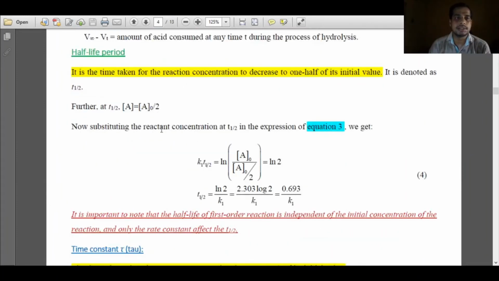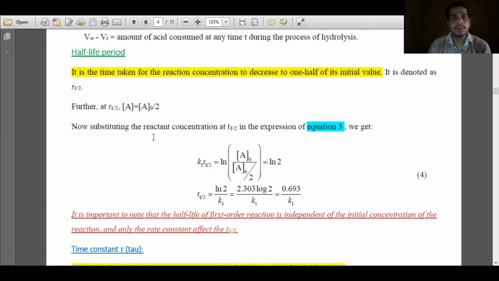Then we'll discuss something called the half-life period. It is the time required when the initial reactant gets decreased to 50% of its value. Suppose we started with 100 grams, when it becomes 50 grams, what is the time taken? That time is called the half-life period. It is denoted by t half. So at t half, what will happen? My reactant concentration will be A0 over 2, meaning the reactant concentration at the starting stage divided by